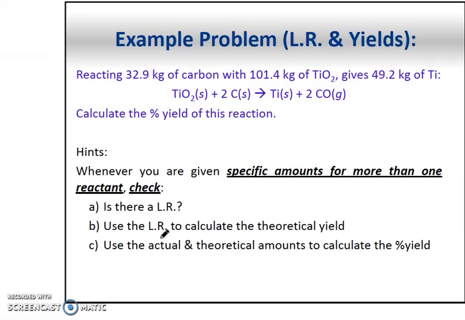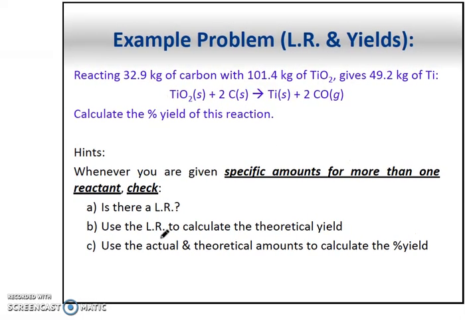So let's see one particular example with numbers. We have now this reaction of titanium dioxide with carbon to give titanium metal and carbon monoxide. The problem states that we have a certain amount of carbon and also we're given a certain amount of titanium dioxide. Also, the problem gives us that the actual amount of titanium being formed under these conditions is a certain amount